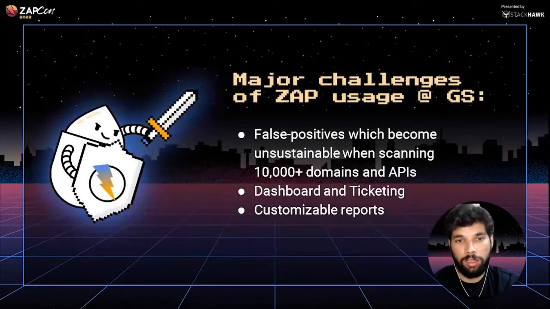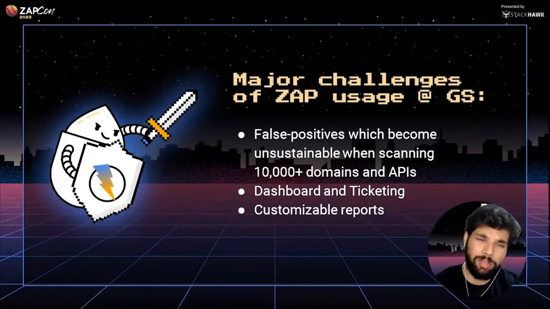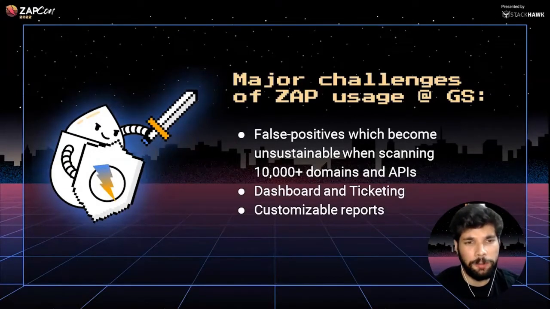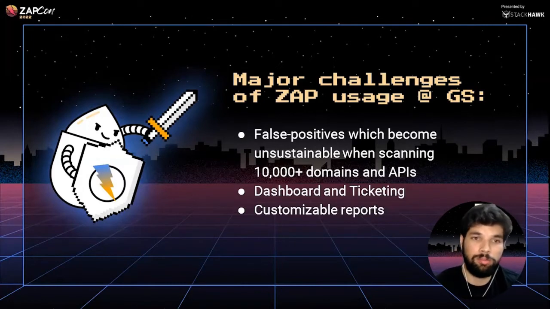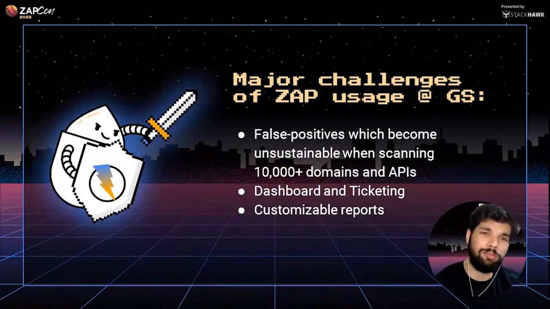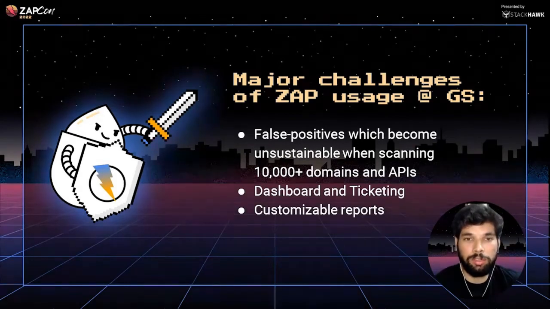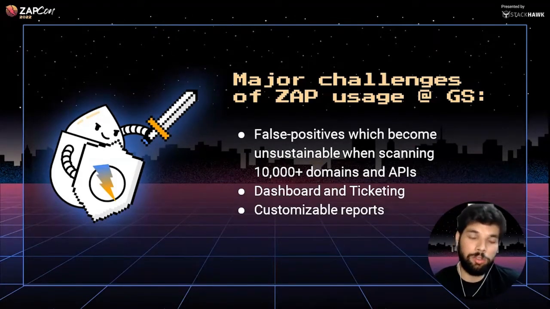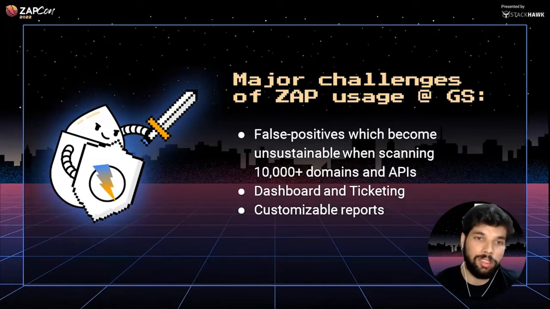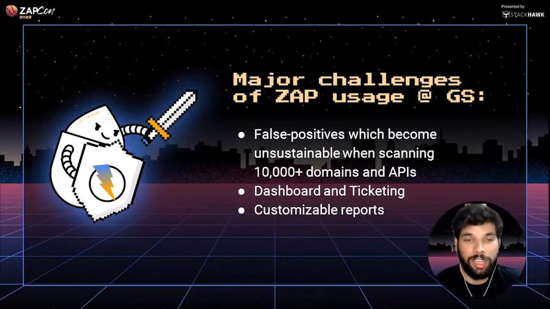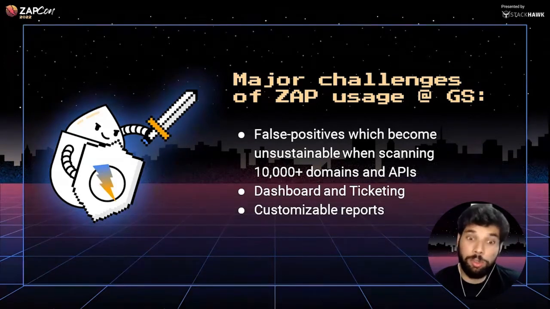And yes, some major challenges. I think most of the community faces that, which is false positives, right? That's obviously something very critical for us. When we are operating at a scale where you have around 5,000 applications and you're pushing toward 10,000, so that's not the exact number, but we are talking very close to that, false positives just eat your head. You can't have so many people testing your false positives on a daily basis. So we wanted something very sustainable that gives us good results.